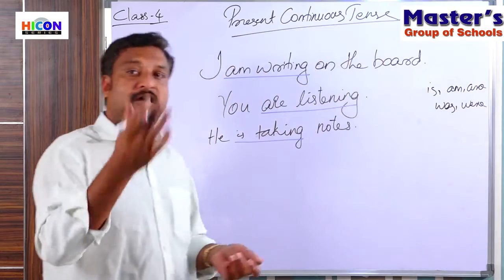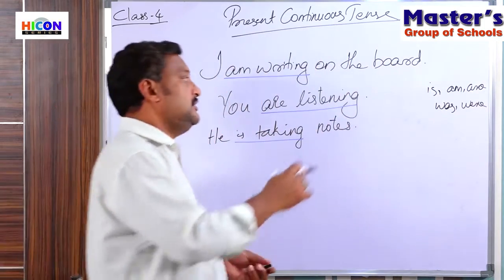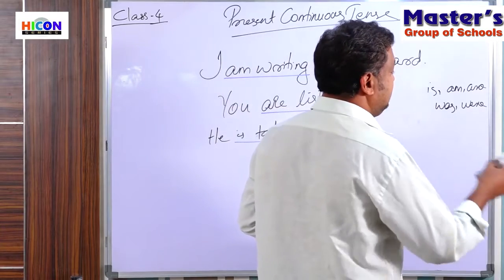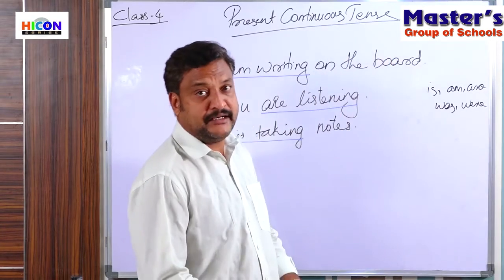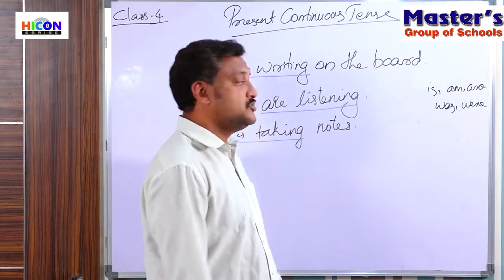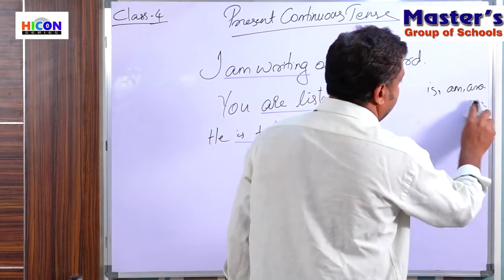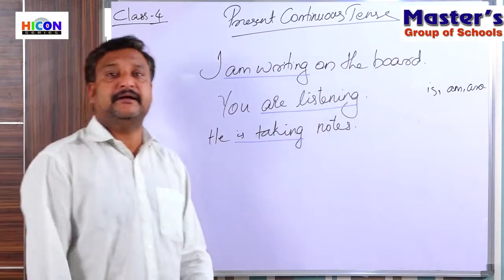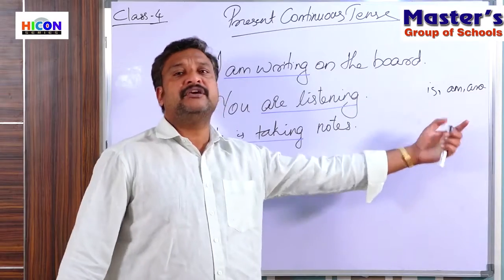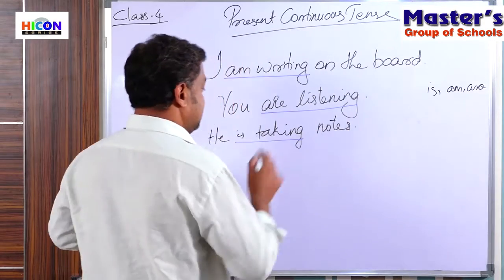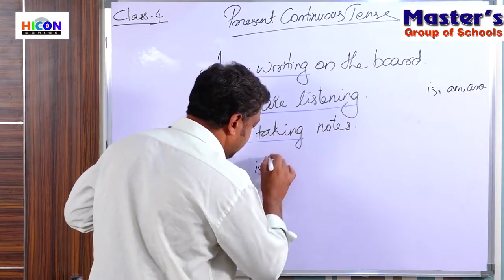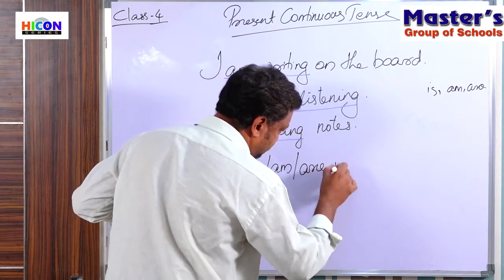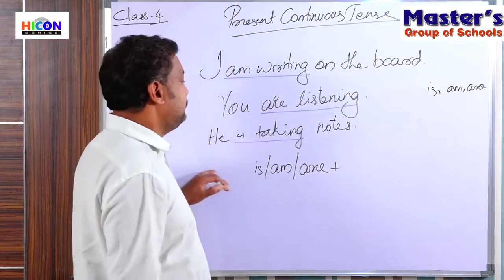All these five are be forms, isn't it? But is, am, are are the ones in the present tense, and was and were are in the past tense, isn't it? So we will avoid that, and we will select the be forms in the present tense form. So is or am or are plus